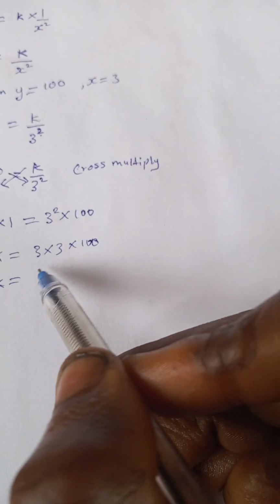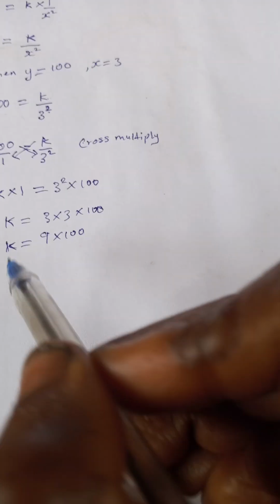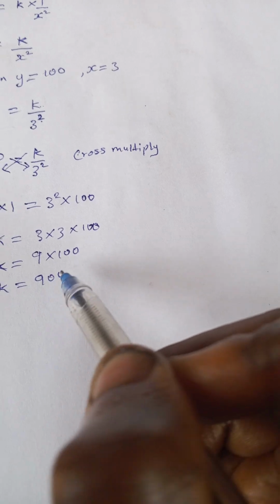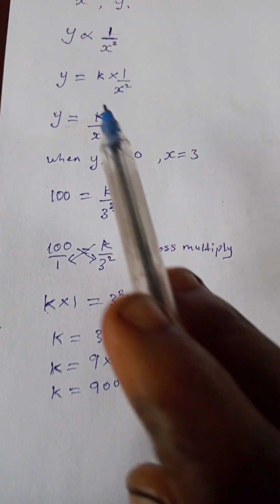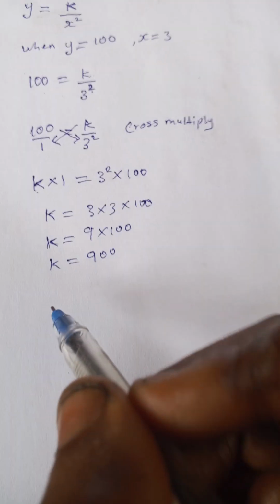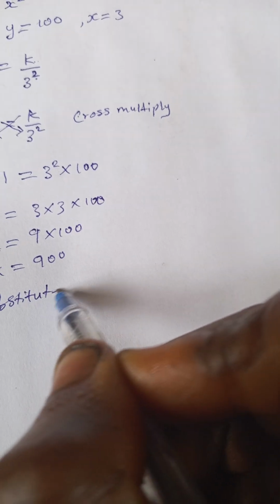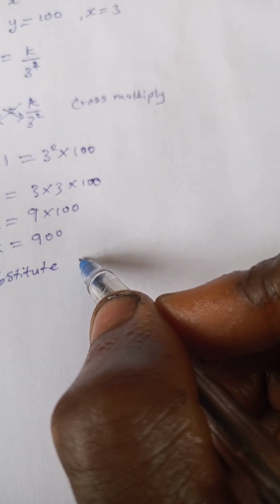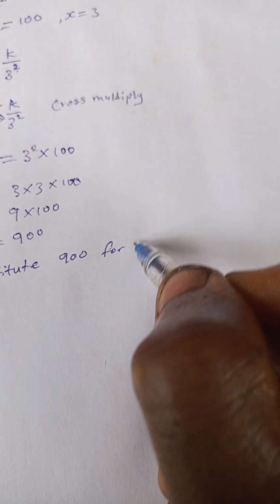Now we're going to substitute this value of k into the equation for us to get the equation. So substitute k